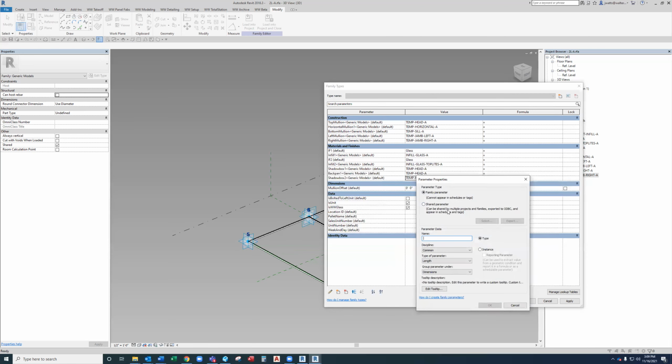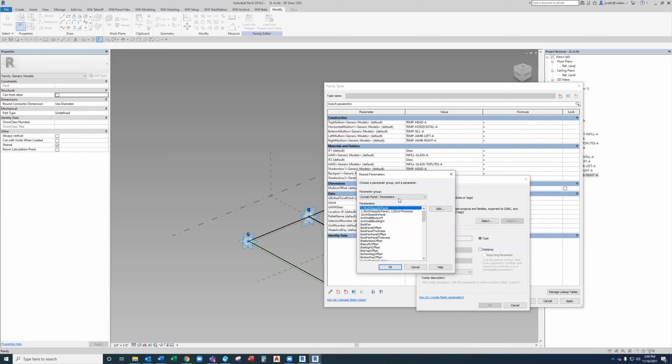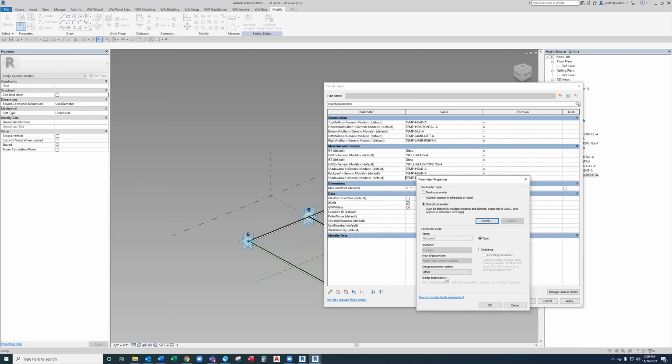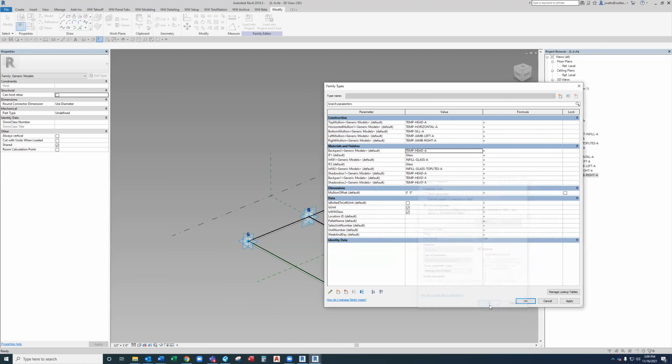And now typically when you're making a new adaptive frame, you won't have to set all these up one at a time like I'm doing. You can pretty much reuse an old adaptive frame and just do a save as and rename it whatever the custom frame that you're making might be. Okay, so we got shadowbox 1, backpan 1, shadowbox 2, backpan 2. So we're going to switch all these, shadowbox, backpan, shadowbox,